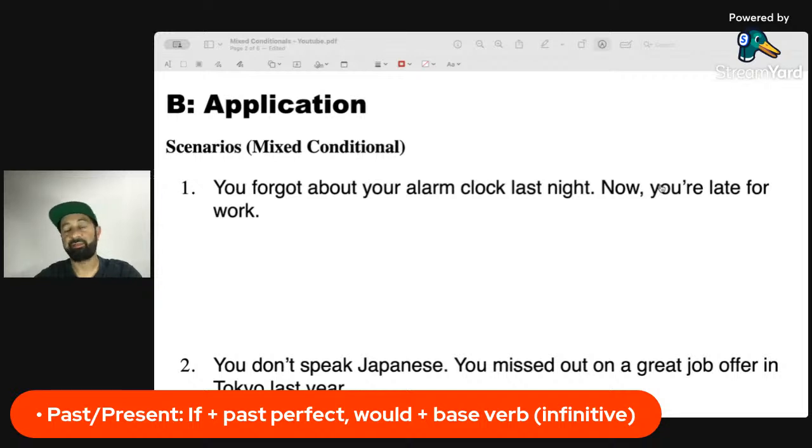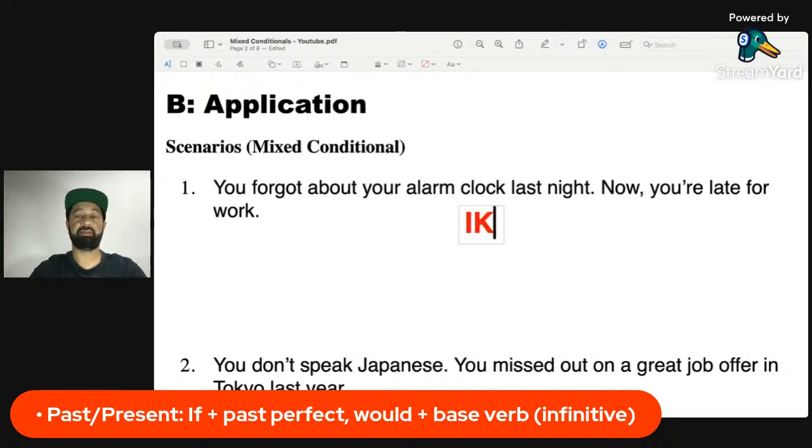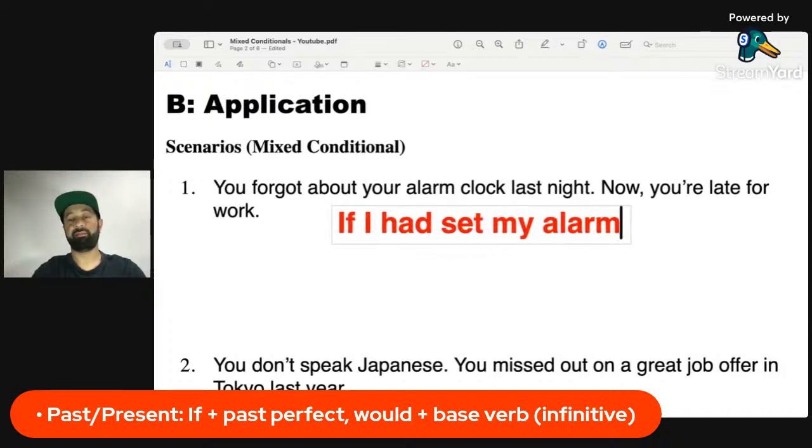Okay, so my answer for this would be, if I had set my alarm, I wouldn't be late for work right now. Okay, so if I had set my alarm,